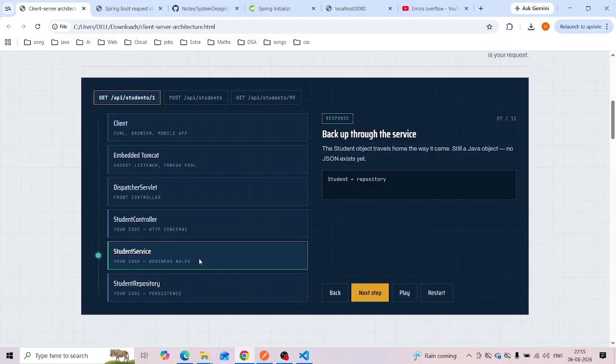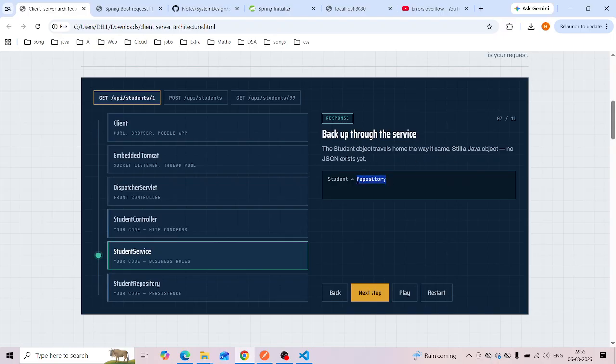Again it is going to the student service. Now this is the response; earlier was the request. So the student object travels back the way it came. Still a Java object, no JSON exists yet.